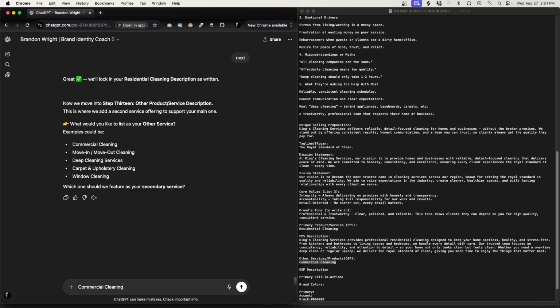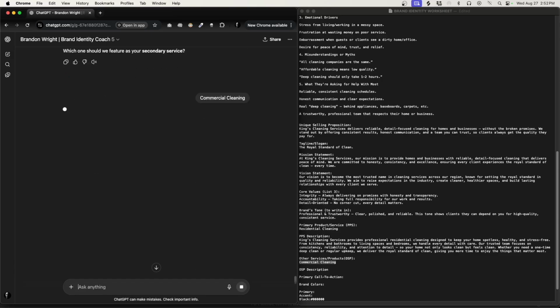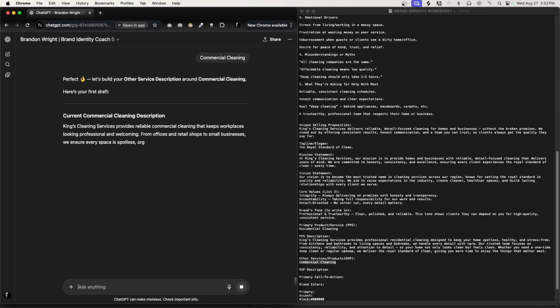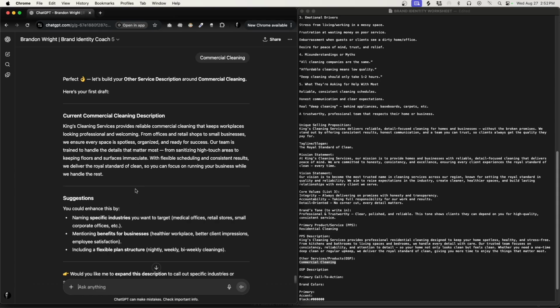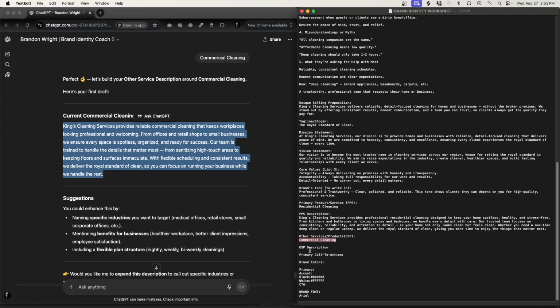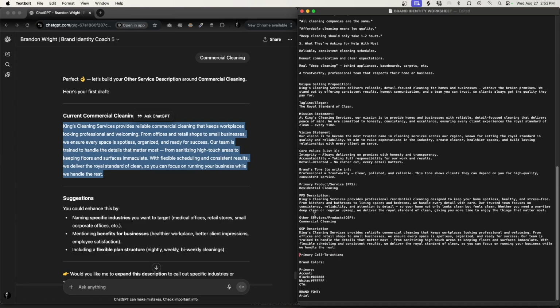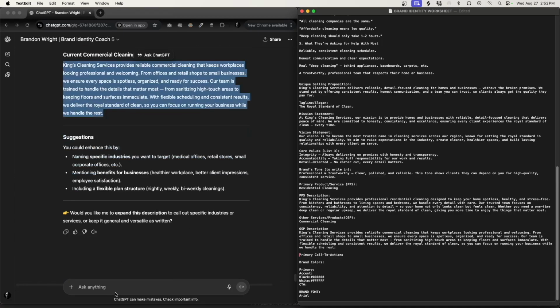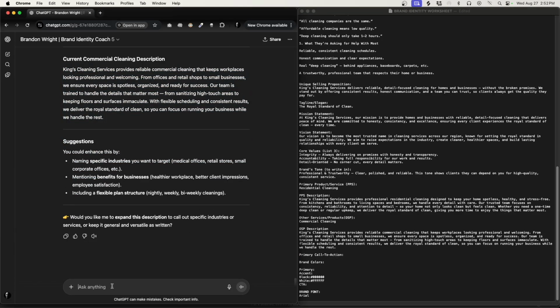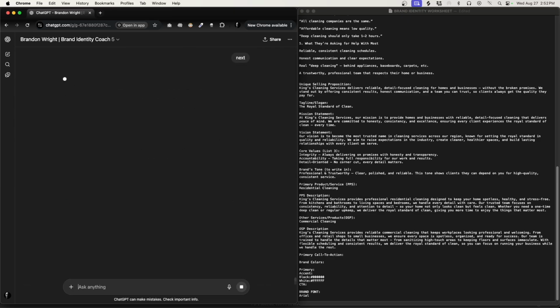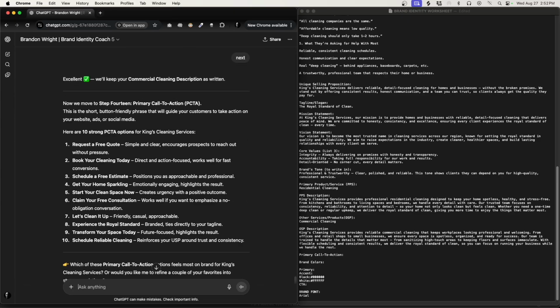And then I'm going to go ahead and put this and let it go ahead and write the write-up for the commercial cleaning services. Now we'll grab the copy. We'll come over here, paste this in here. Now we only have 2 more steps, so we'll go ahead and click next to move on to our primary call to action. I'm going to go ahead and choose book your cleaning today, and I'm going to copy that